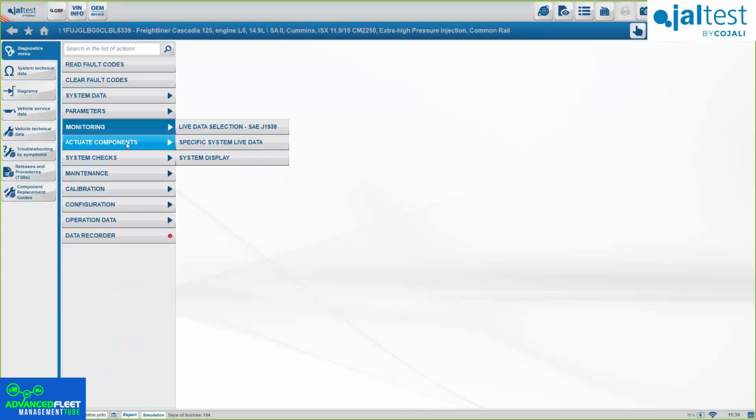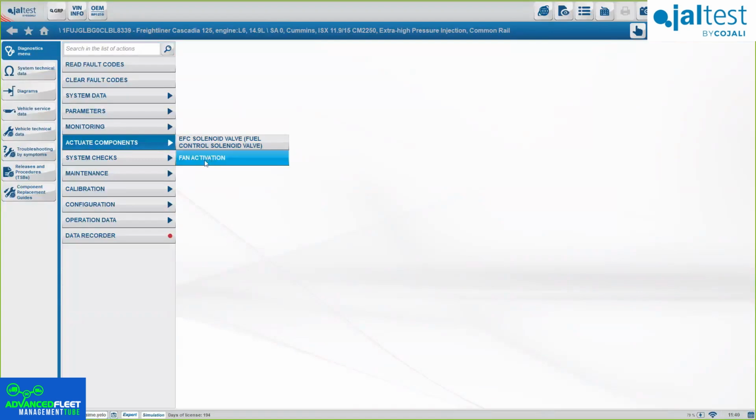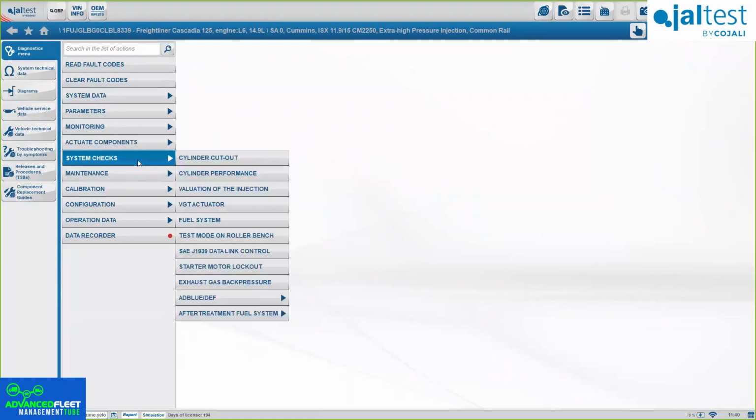we have the option of activating components. Basically, that means activating and deactivating to know that they work. Okay. In this case, we have the fan activation, for example, or the solenoid valve. And the system checks, they are the full set of tests or checks we can do for this engine. Okay, we have the cylinder cutout, the cylinder performance, VGT actuator, the AdBlue dev pump, the control,